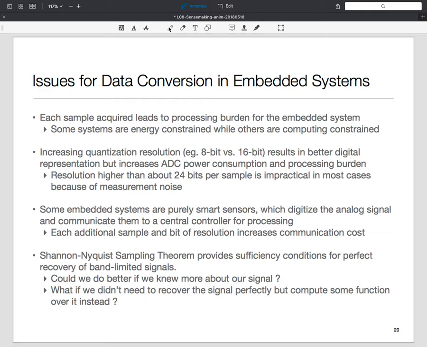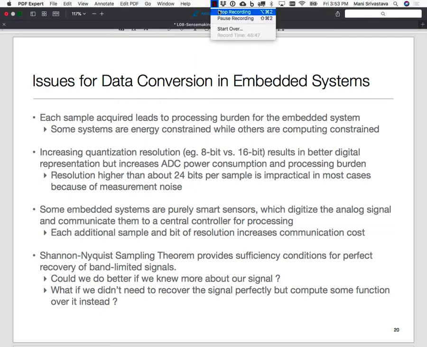But before I end, let me ask you the following. If I tell you that the signal is a sine wave, how many samples do you need? Any thoughts? How many free parameters does a sine wave have? Amplitude, frequency, and phase. 3. So in theory, 3 samples should suffice, right? Whereas Nyquist says an infinite number of samples at more than 2f. So that's what we are going